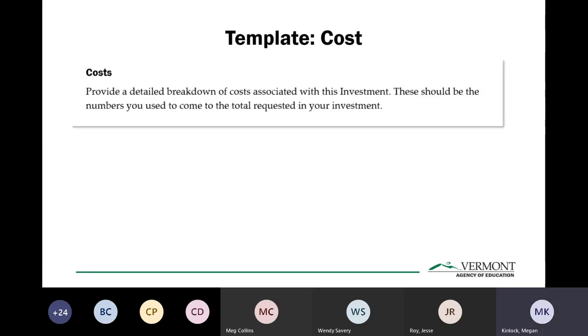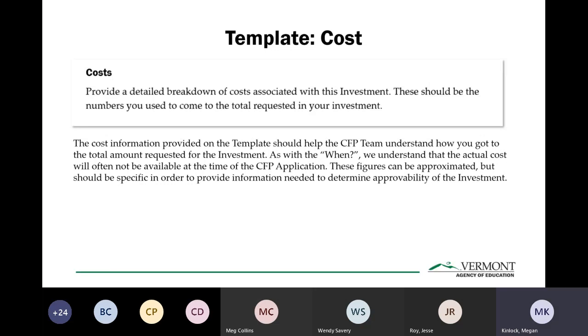The cost section. You're going to help us understand in this section how you got to that total amount requested for the investment. So just like the when, we understand that you may not know the actual full cost at the time of the CFP application. These figures can be approximated, but they need to be specific enough to provide the information to determine approvability of